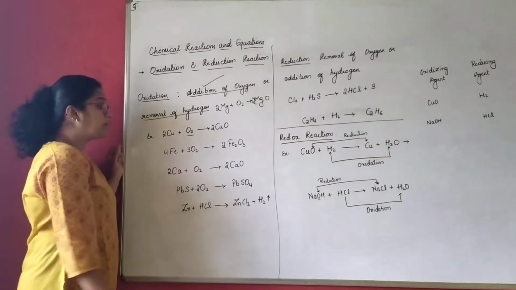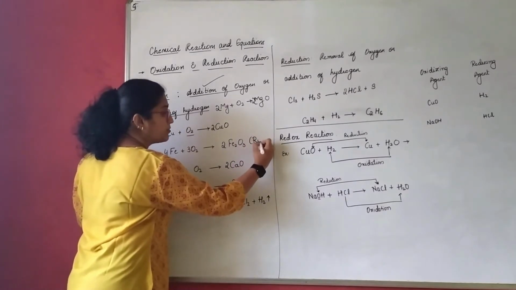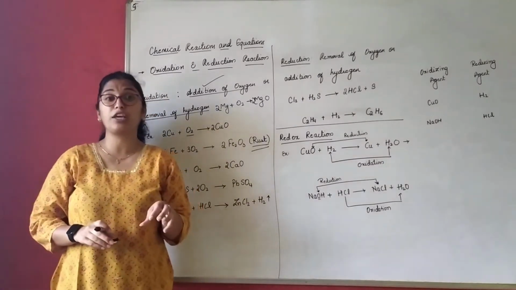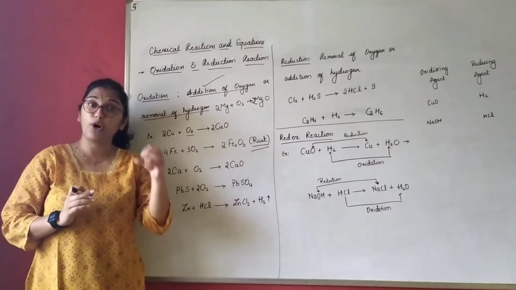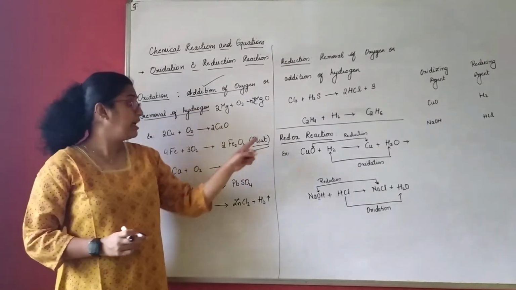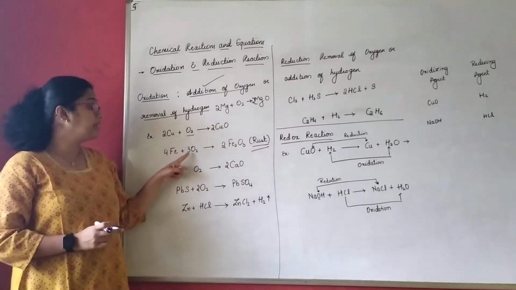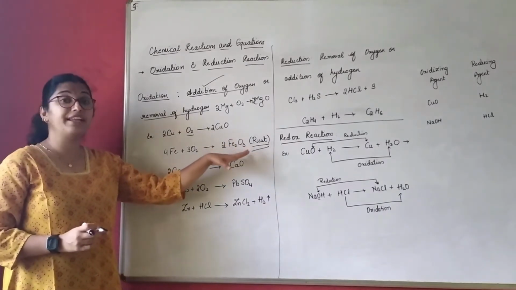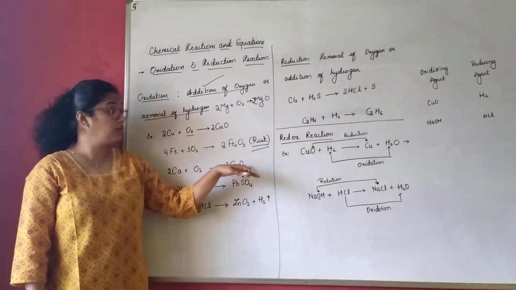Second one, iron plus oxygen will give us ferric oxide. What is this? This is nothing but rust. That means when we talk about oxidation reaction, we are talking about rust. Anything which is exposed to the atmospheric air or moisture for a long period of time undergoes oxidation, which is nothing but rust. So ferric oxide is rust here. Iron exposed to the atmospheric air or moisture for a very long period of time, we get ferric oxide, which is nothing but rust. Calcium plus oxygen again gives you calcium oxide.